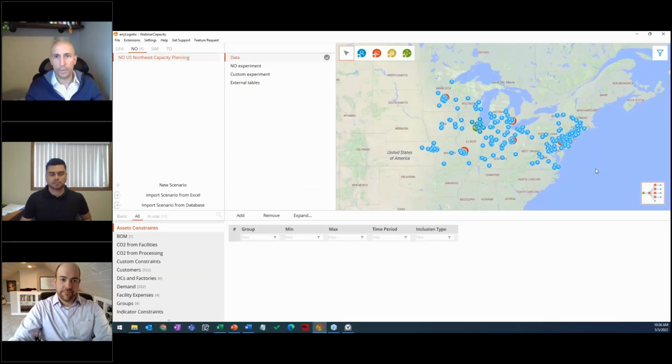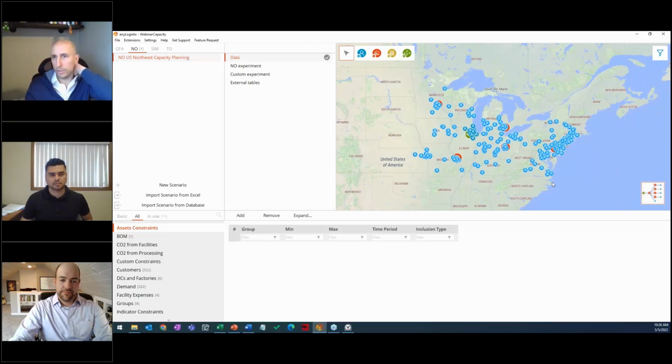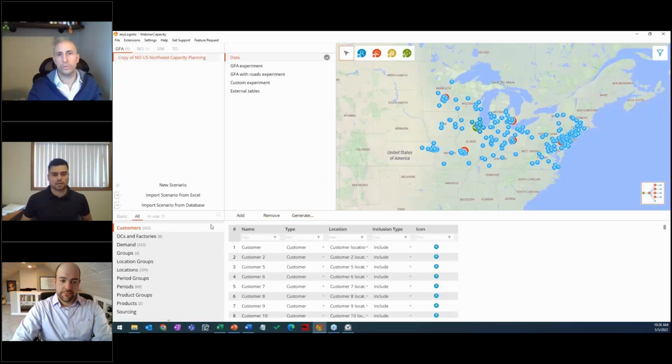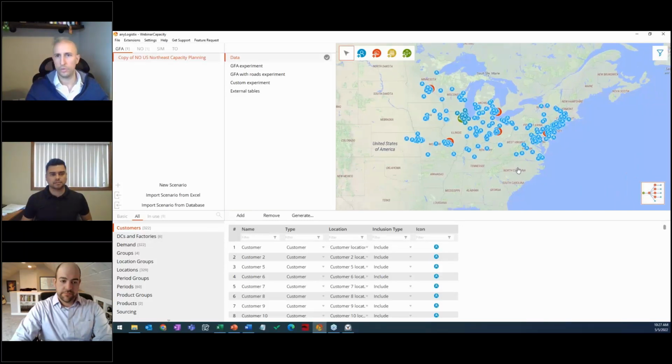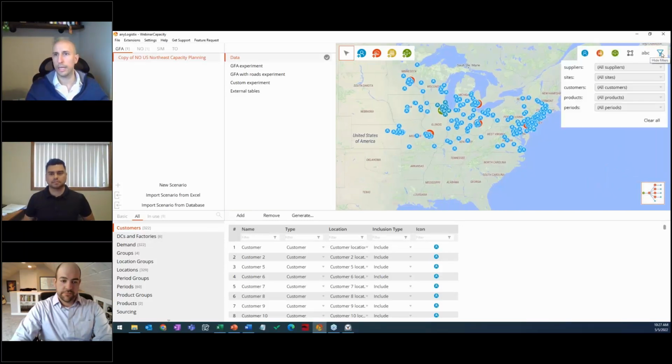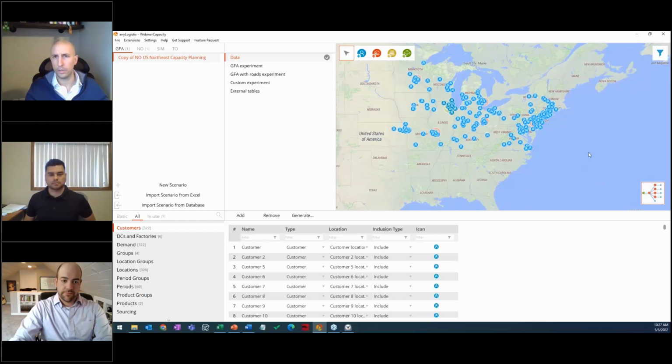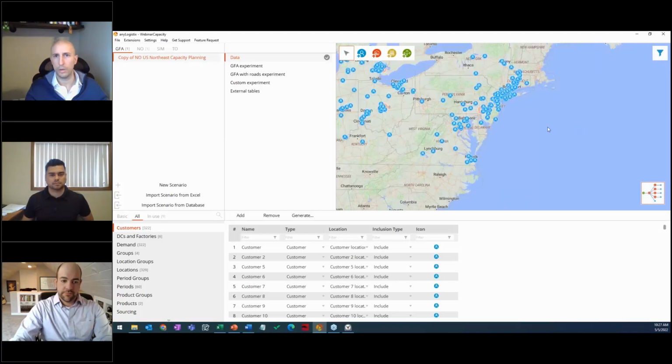Right, so now with a couple of clicks, I'm able to build on what Alex was working on, and now we're going to do a greenfield analysis. With just a click here, I'm going to create a GFA. We don't have to do the transformation ourselves, the system does it. Then we're going to focus on the East Coast customers. So let's get these ones out of the map right now. This one's okay. Okay, so we wanted to focus here, right?